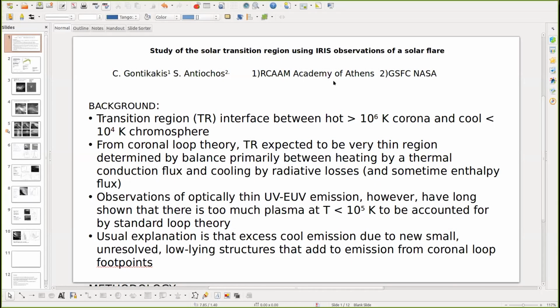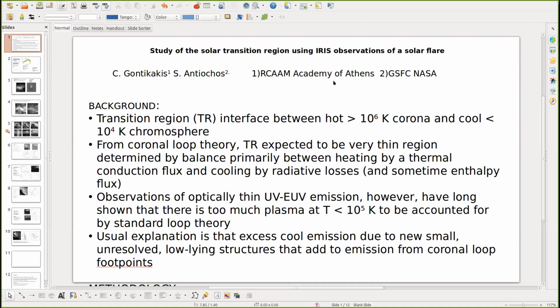We studied solar flares, the transition region of a solar flare. So the transition region, this is a small background information. It's the part of the atmosphere between the very hot corona of 1 million Kelvin and the chromospheric plasma of 10,000 Kelvin. And in coronal loops, this section should be some very small area, very thin region of a few hundred kilometers, where you have a balance between the thermal conduction and radiative losses,